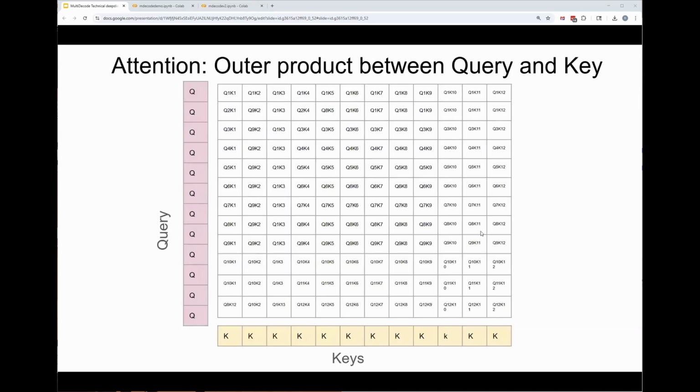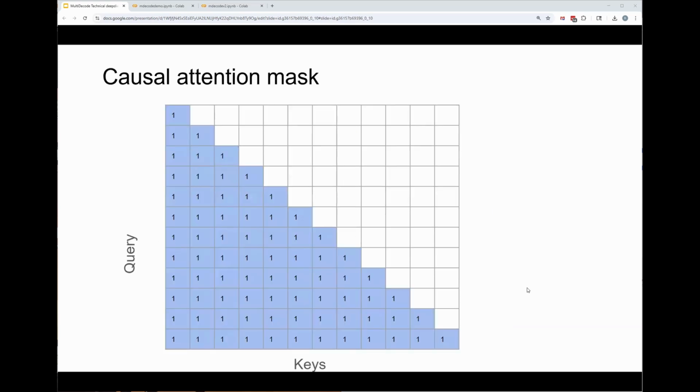And then there's this outer product. So this is where that order n squared comes from. Every key value, every query value will be multiplied by every key value, and you get this very large matrix. We then have something called a causal attention mask, which basically says that if these are keys along the bottom,